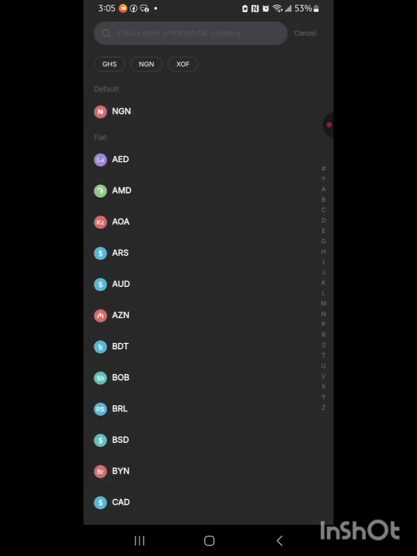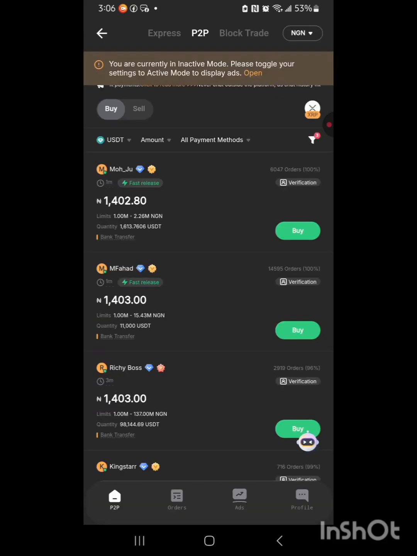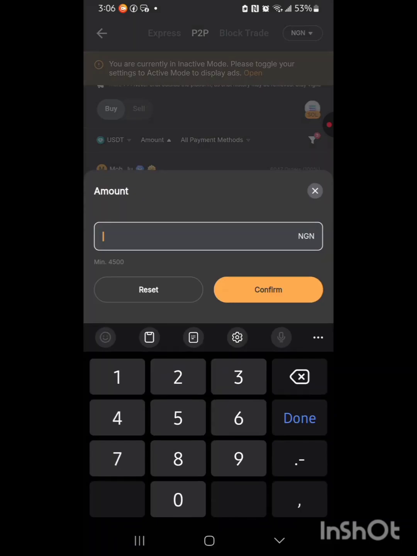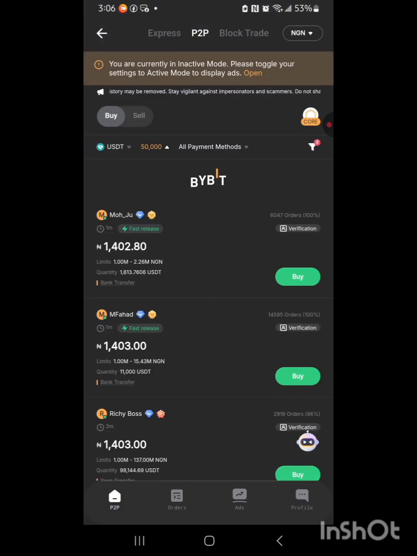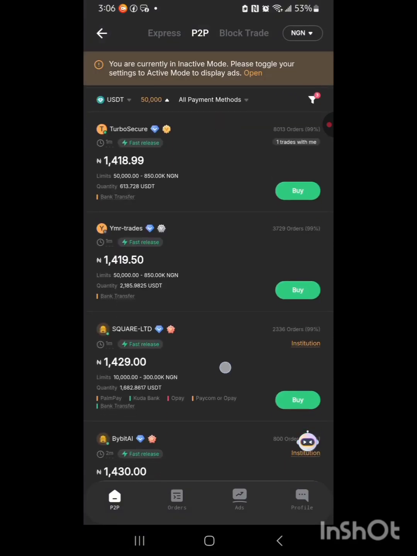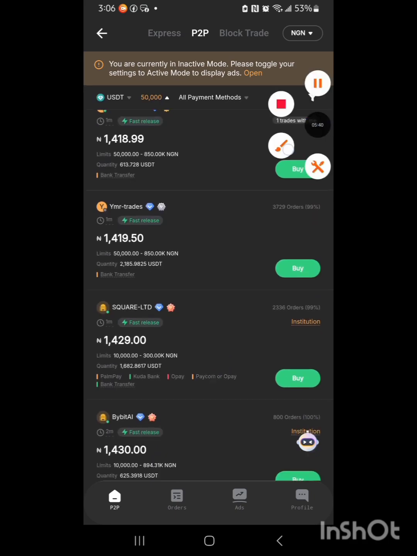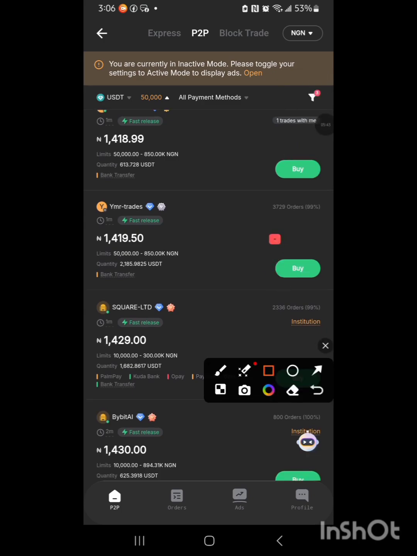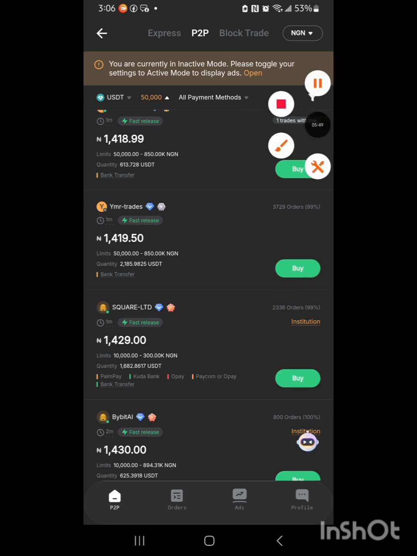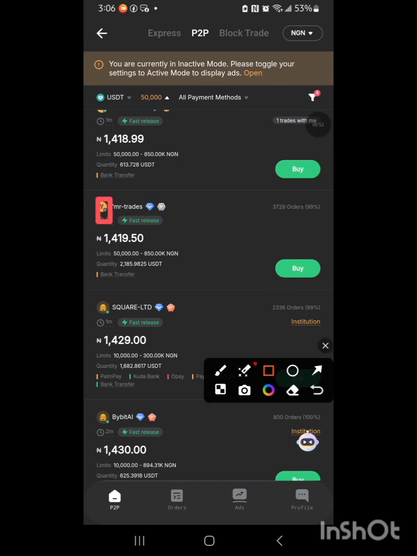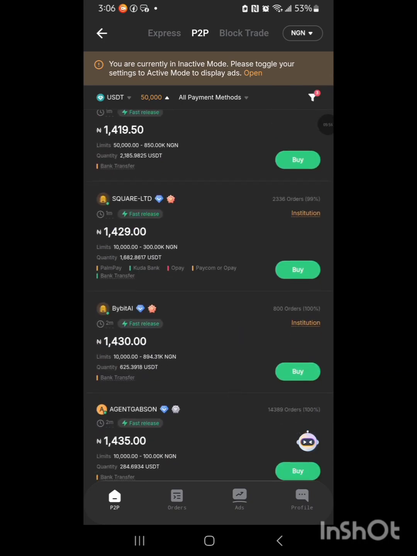If we are going to exchange these currencies between each other, here is how we are going to do it. We're going to look for a way to spot opportunities. Let's take an amount of 50,000 naira, for instance. That's the lowest limit. If you're going to buy with a limit of 50,000 naira, let me click on buy on anyone at all. Make sure when you're buying, you look at the person. The person has to be online. This one is currently not online, so I will still need to scroll.